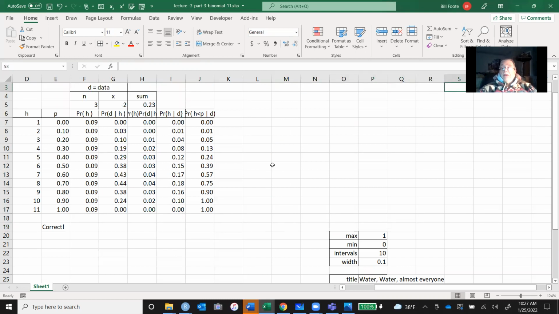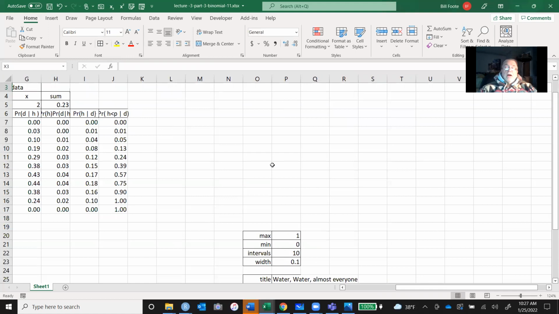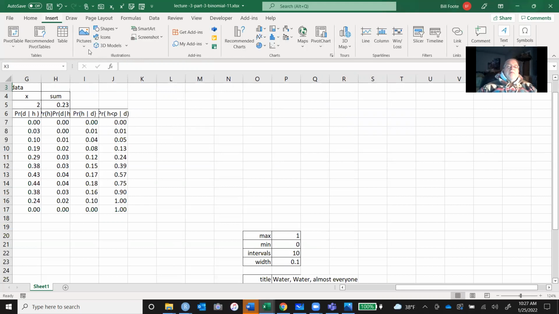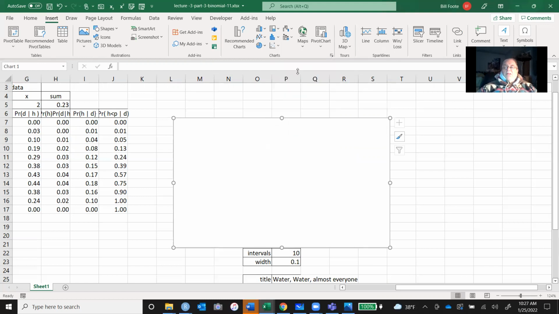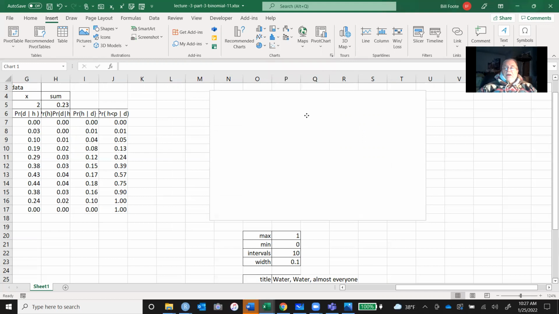Now, my preference isn't to use bar plots, it's to use line plots. But the way I think about these plots, especially in Excel, is a lot easier to think about this way: first of all, we're going to insert. What are we going to insert? A bunch of charts. There's only one chart I tend to use a lot, and that's a scatter plot. And let's make them nice and smooth here. Scatter plot with, now there's our blank canvas, the scatter plot with